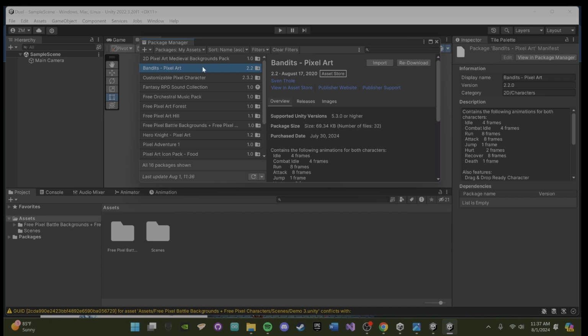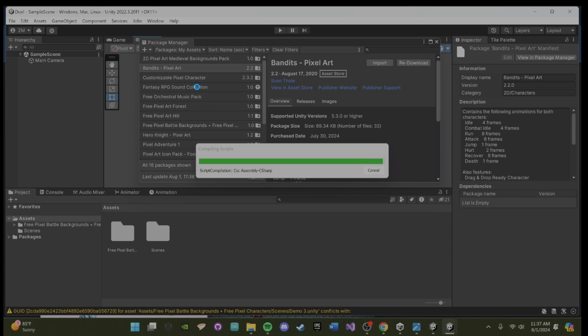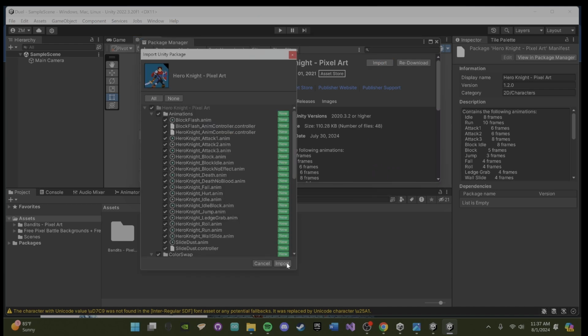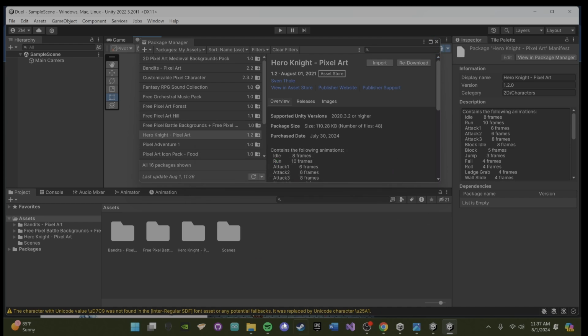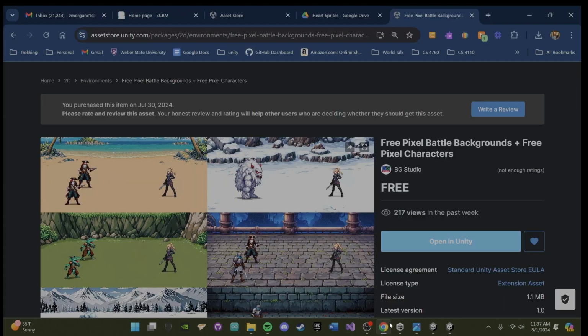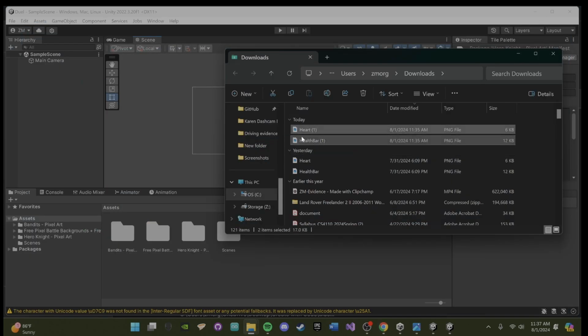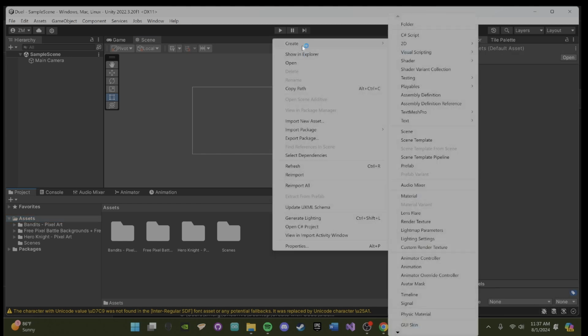Other ones. I think this is it. By Esfin Thole. Yep. And Hero Knight. Cool. And last but not least, need our downloaded files, the hearts. So we can basically just go to this assets folder, go to create, or right click